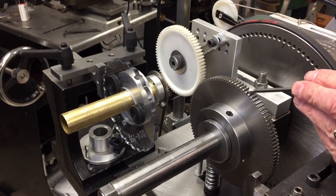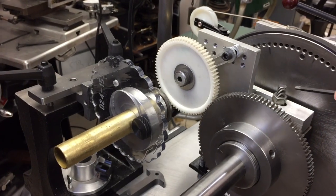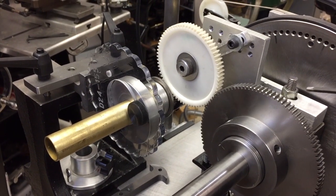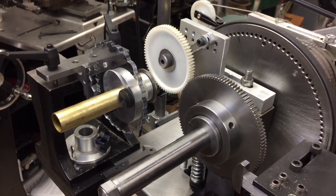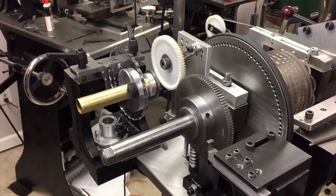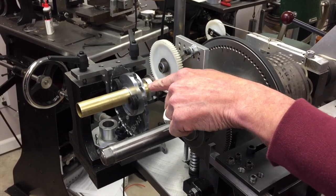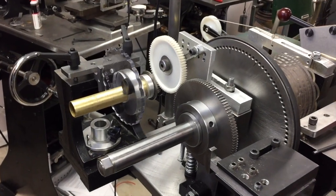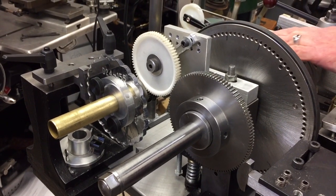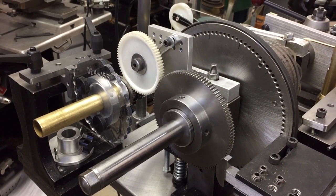I have a 100-tooth gear here with a 70-tooth idler in the middle that transfers it down to 20. So I have 20 to 100, which gives you a 5-to-1 ratio. This is a very, very unusual setup in that I have this rosette 1/2 of an inch off center. So 1/2 of an inch off center gives you some really crazy looking shapes that you can wind up with